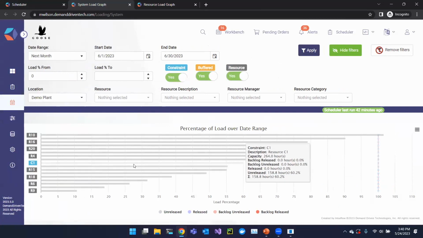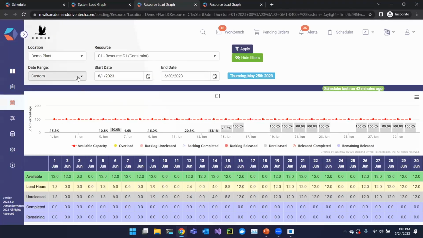We have a constraint right here, which doesn't have quite as much. And there's a reason for that. We can actually dive in by clicking here, and we can go to the individual resource load graph. And if we look at the next month, we can see that it has a little bit of free time in the beginning,